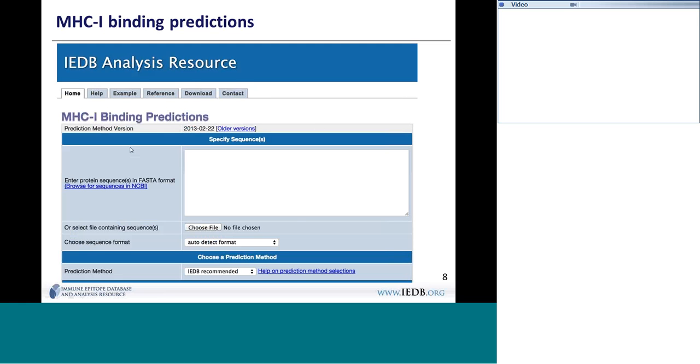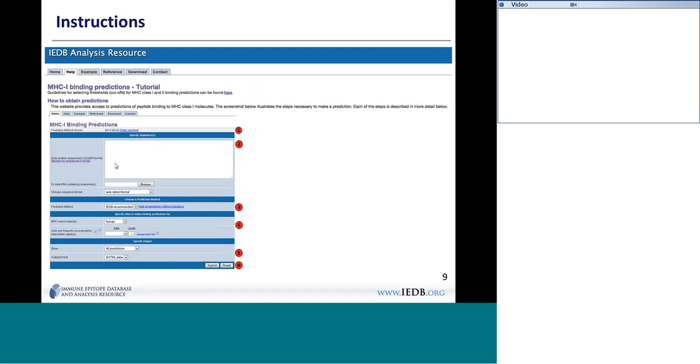But this is the main submission page where you actually can paste in your sequence and do the prediction. But I want to go shortly through all of these steps because they are also common for other Allele methods. So the home one basically gives the main predictor. If you go under help, for each method you will also find a tutorial. So if you don't remember everything what we will tell you today, you can always find a tutorial where